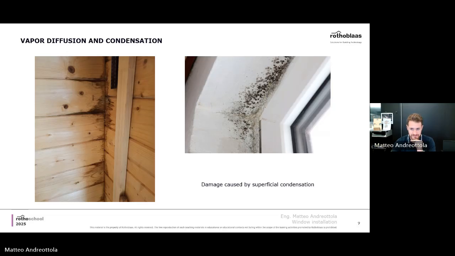One of the answers I see is add insulation to take away the cold zone. Okay, let's comment on this one first. That's an interesting one. So, add insulation to take away the cold zone. This could have been an answer, but in this case, I don't think the issue here is the cold bridge, because you see that the mold is not continuous. So that would be a potential solution, but not for this case in particular.